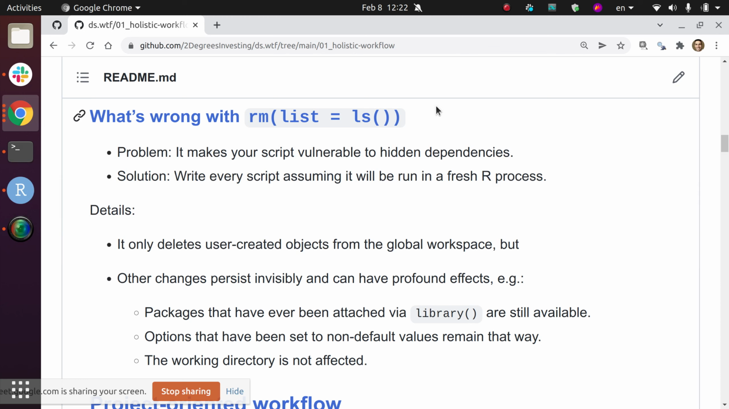We talked about restarting R, and I have seen and I have used this command rm. When you do rm and the argument list equals ls, what it does is it looks into everything that you created in your workspace, in your global environment, every object that you created there, and it removes it from there. So for some people, that is the way that they use to kind of clean everything up and start from scratch. But the problem with that,